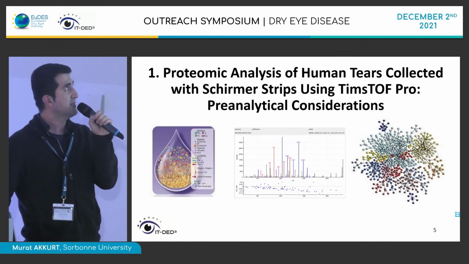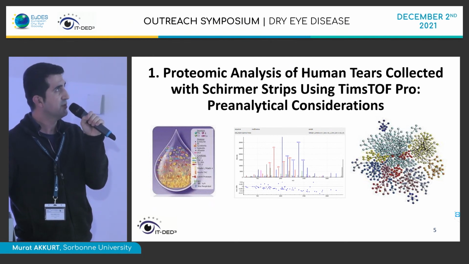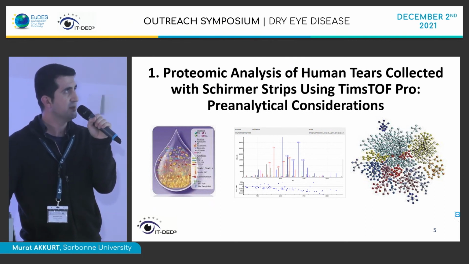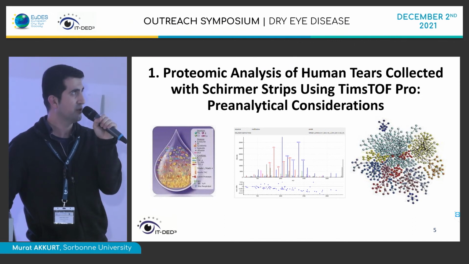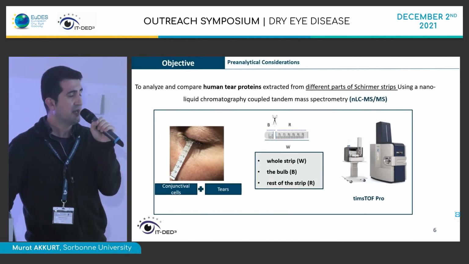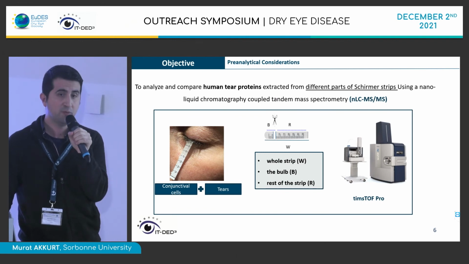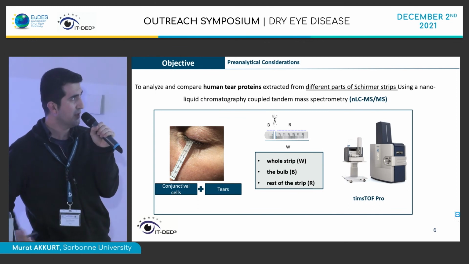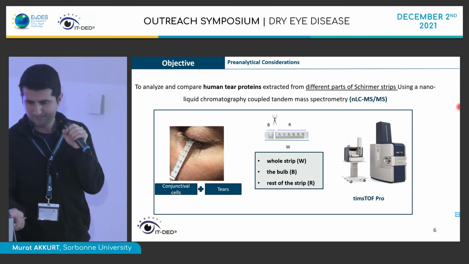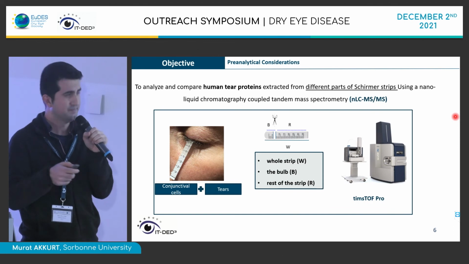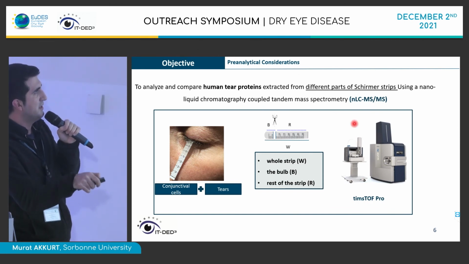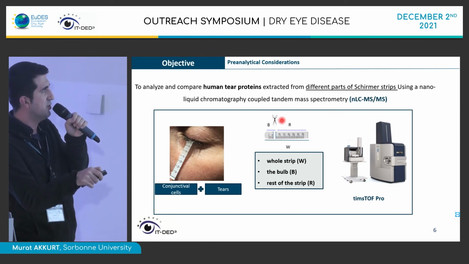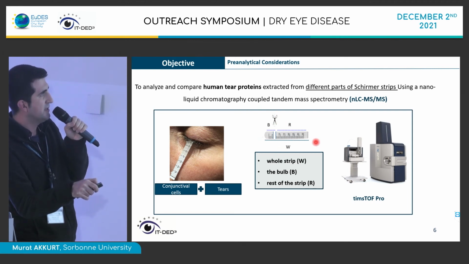So my first study is a proteomics analysis with human tears collected with Schirmer strips and analyzed with mass spectrometry. The aim of this study was to analyze human tears collected by Schirmer strips, and also to analyze the proteome profile in 2 different parts of Schirmer strips. So as you can see, here this is a Schirmer strip. We consider the whole strip, and we also,